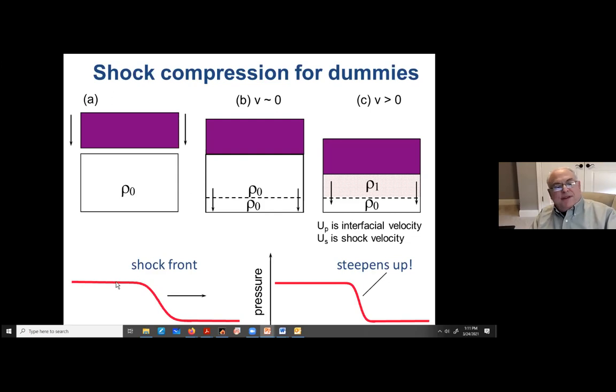And here I have a high pressure or high density. One way to think of this is you get higher pressures and higher densities with higher impact velocities. So up here where the pressure and density is high, it's actually moving faster than down here. And so it's going to want to steepen up. How steep is it? Well, in gases, it's a pretty solved problem. The steepness is how long it takes the gas to get up to this moving velocity, and it's a bunch of mean free paths. In solids, it's not a simple problem, and there's no simple solution to it.